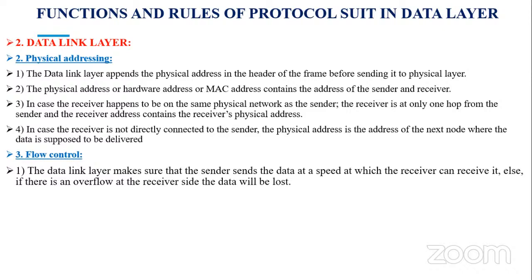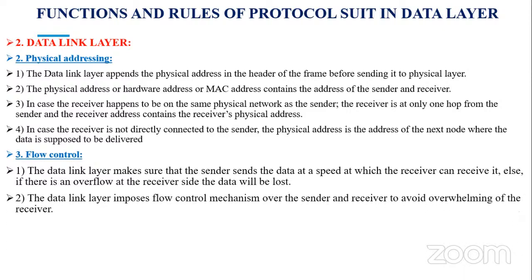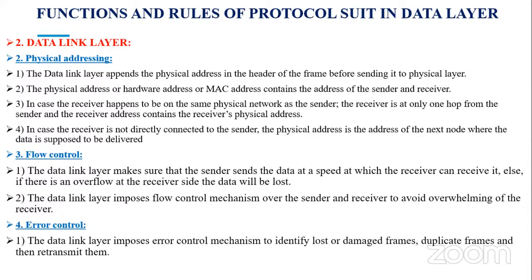The data link layer will take care of flow control also. The data link layer imposes a flow control mechanism over the sender and receiver to avoid overwhelming the receiver. And error control also. What will this error control done by the link layer be? The data link layer imposes an error control mechanism to identify lost or damaged frames and duplicate frames, and then retransmit them. Error control information is present in the